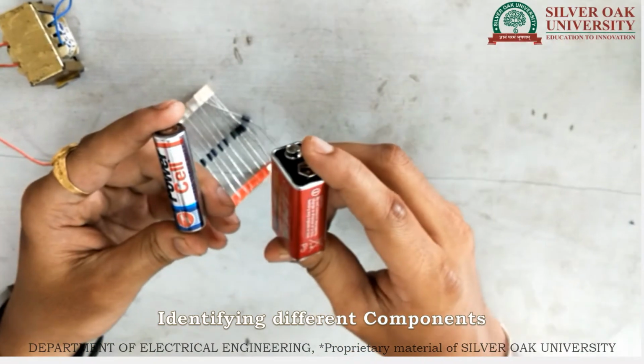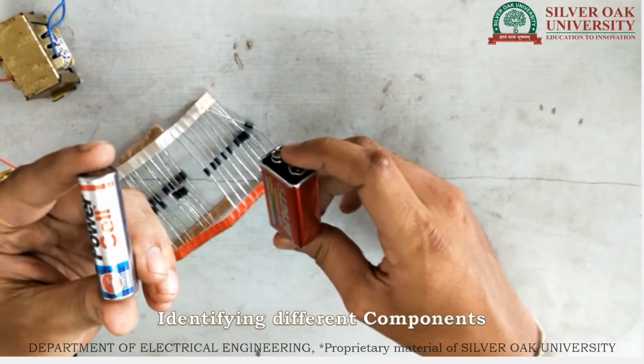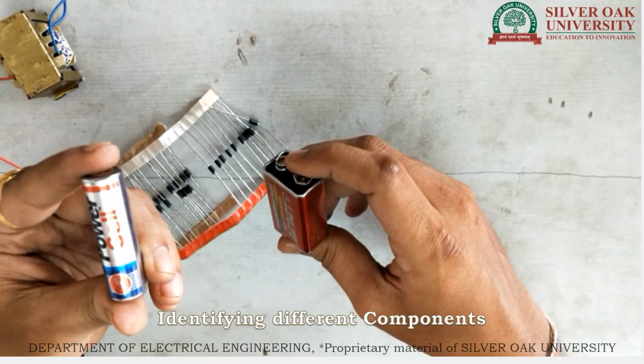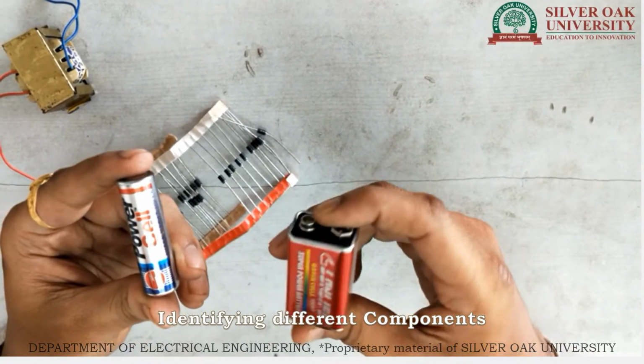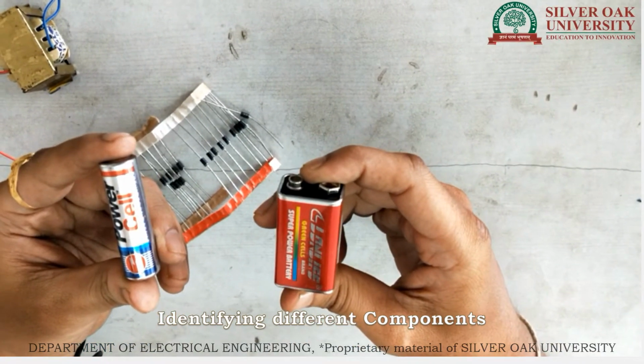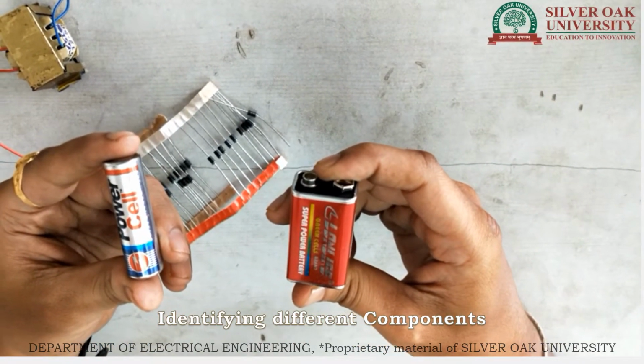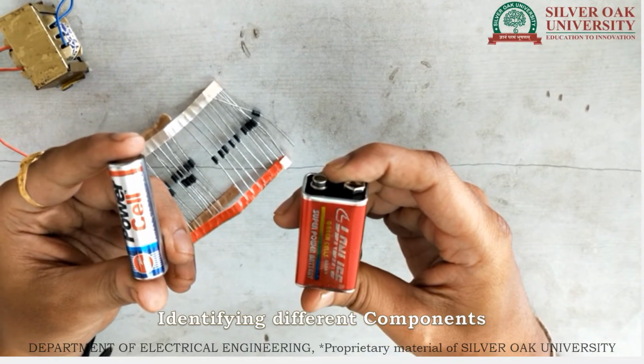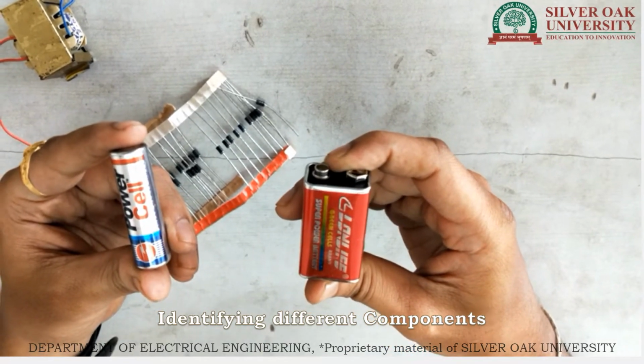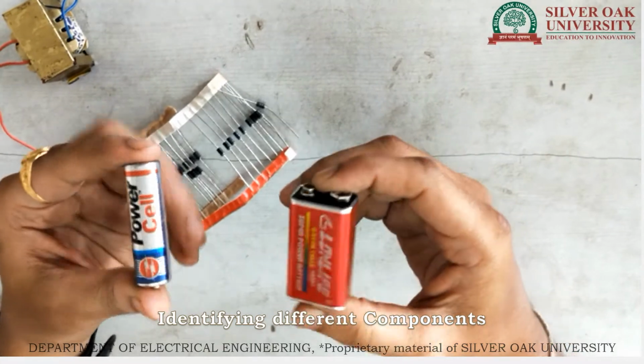These are the different cells and batteries. Basically this is your cell, and by making different arrangements of the cell we can make the battery. Its function is to give the supply, or we can say the DC supply of 9 volt, to the required circuit.